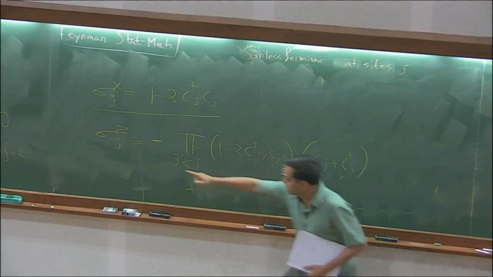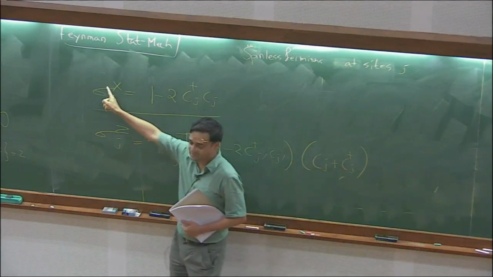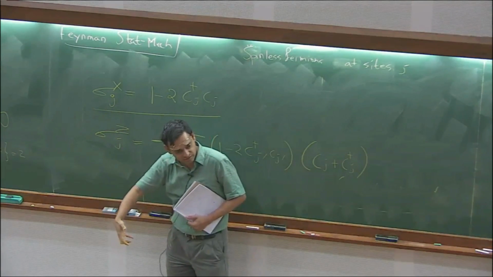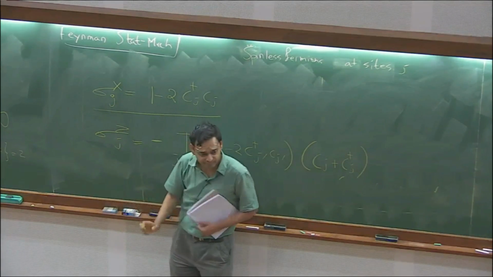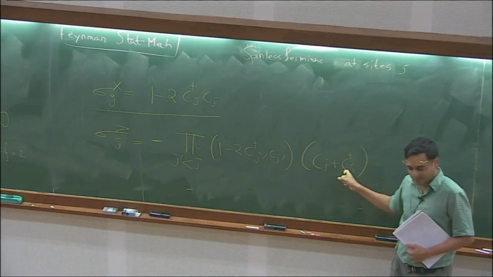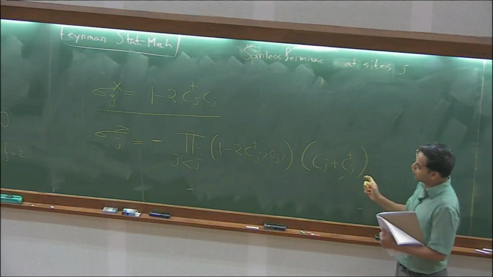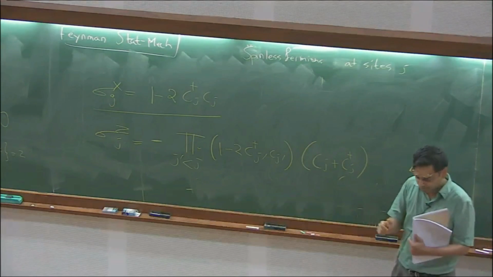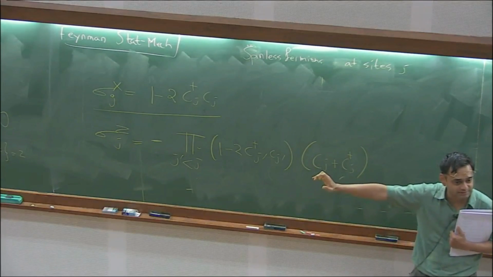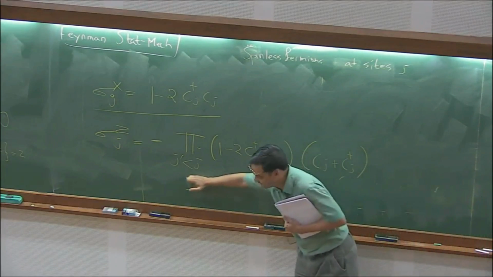We know that sigma z flips the eigenvalue of sigma x. So it must go from having no fermions to having fermions and vice versa, right? So you must have a C j plus C j dagger there at site j. But now you want to make sure that things properly anti-commute for the fermions and commute for the Pauli matrices, right? And that's achieved by this string.